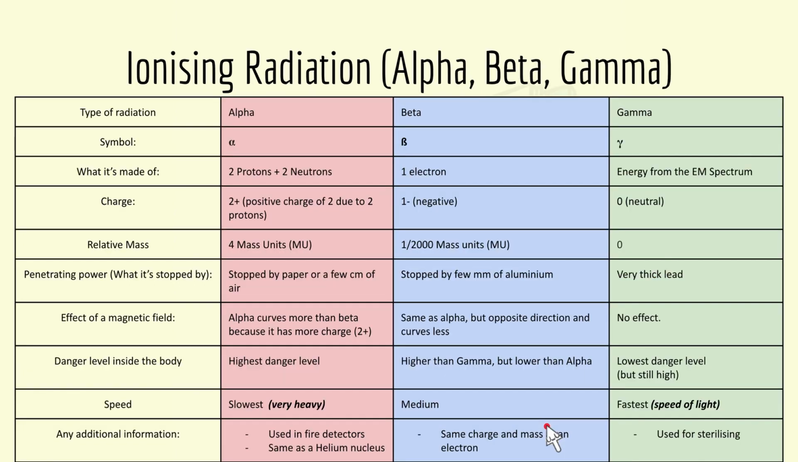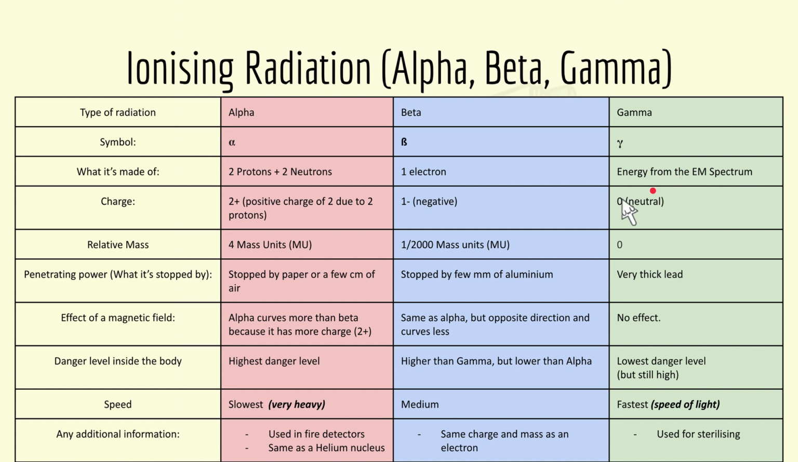So we'll move on now. We have alpha, beta, and gamma. And they are all types of radiation, and the symbols you can see over here. And what it's made of: alpha is 2 protons and 2 neutrons. Beta is 1 electron, and gamma is energy from the EM spectrum. And the charge over here is 2 plus, 1 minus,